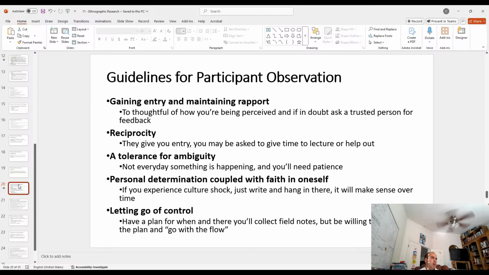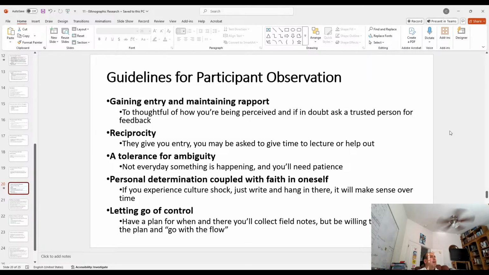Okay. All right. So guidelines for participant observations: you got to get entry into the site, right? Who's going to give you entry? Do you already have entry? Right? How did Donna Daly get entry into the Navajo reservation? I'm sure she probably knew people. She probably knew some of the chiefs, or maybe she was even a Navajo, right? How did I gain entry into a lot of the different sites that I've been? Well, probably knew somebody. Somebody was able to vouch for me, and I was able to maintain rapport, right?